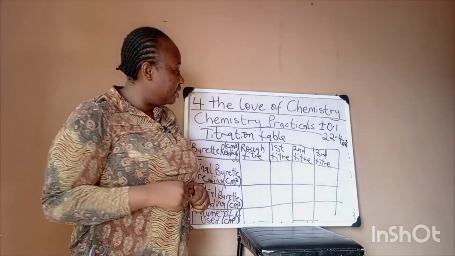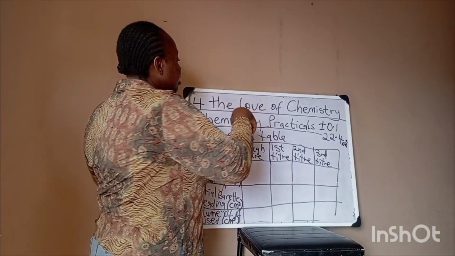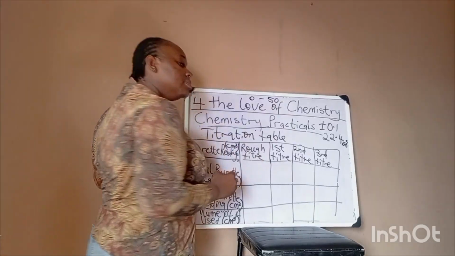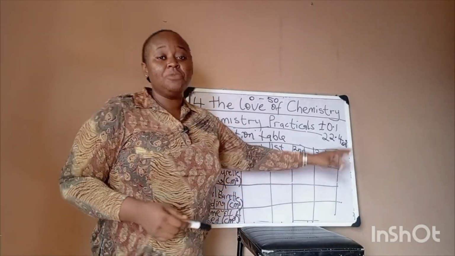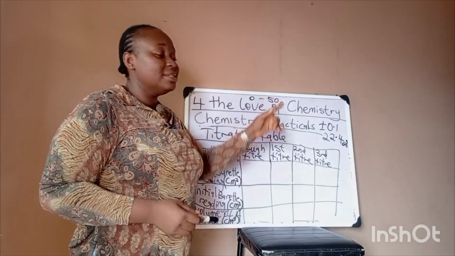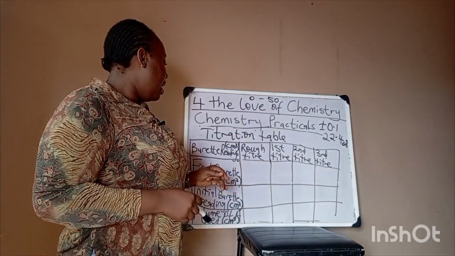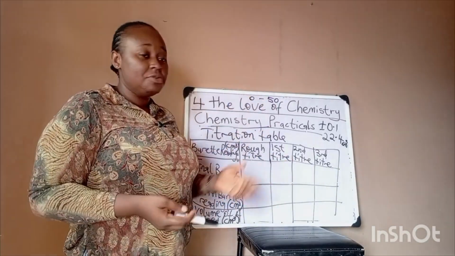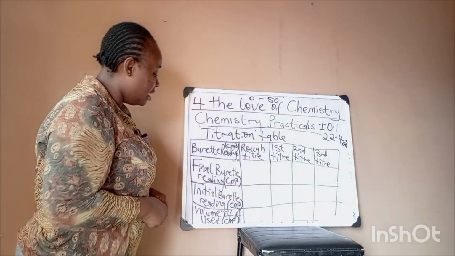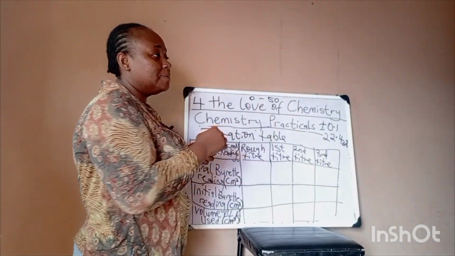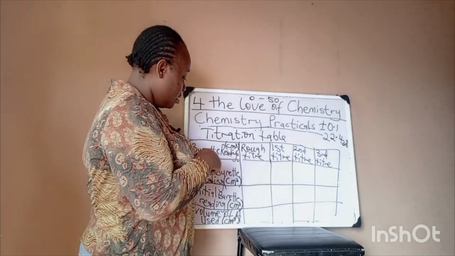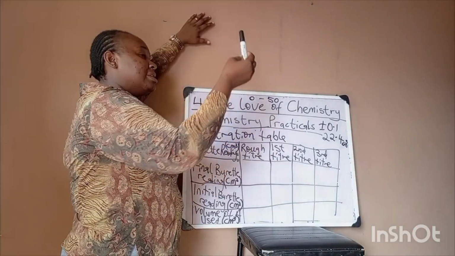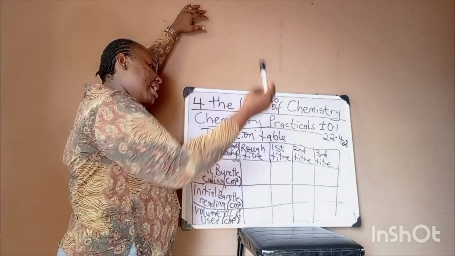Let me explain myself. Let's say the burette has a range of 0 to 50. So whatever you will get in your final burette reading should not exceed 50. And whatever you will get in your initial burette reading can't be less than 0. I don't know if you are getting what I'm saying. So when you look at the burette, your burette reading is